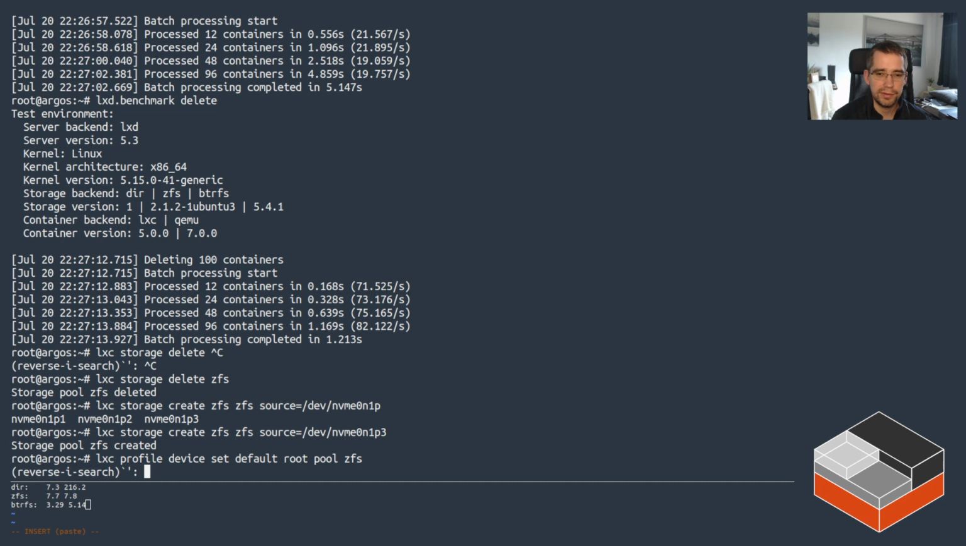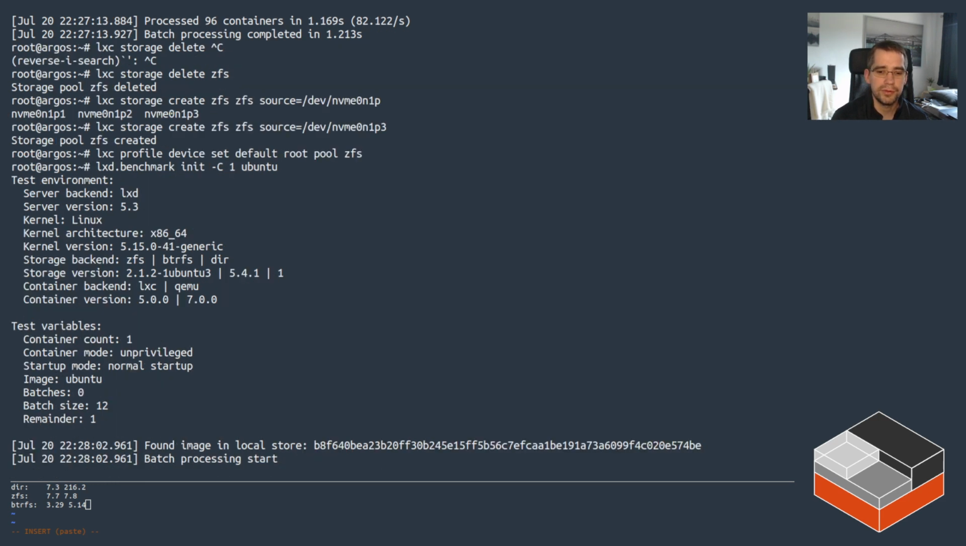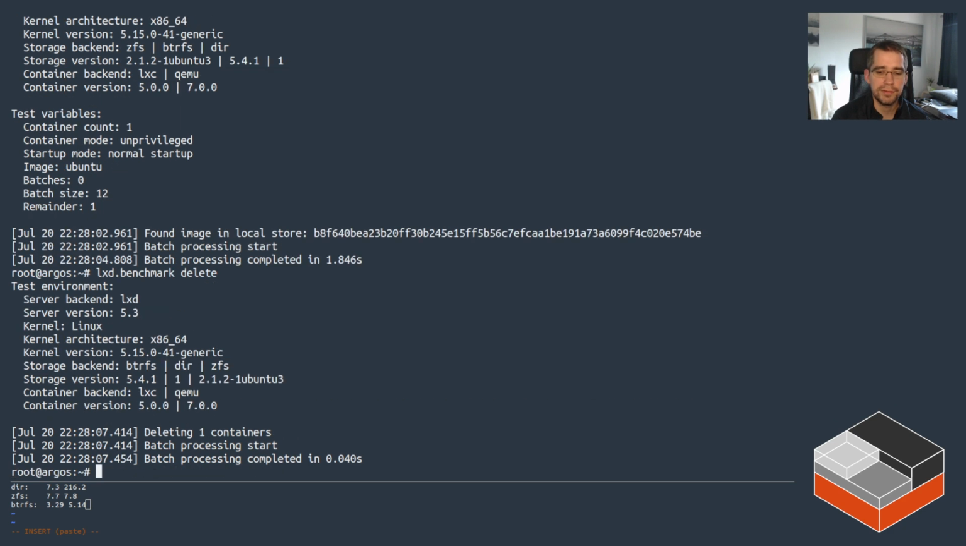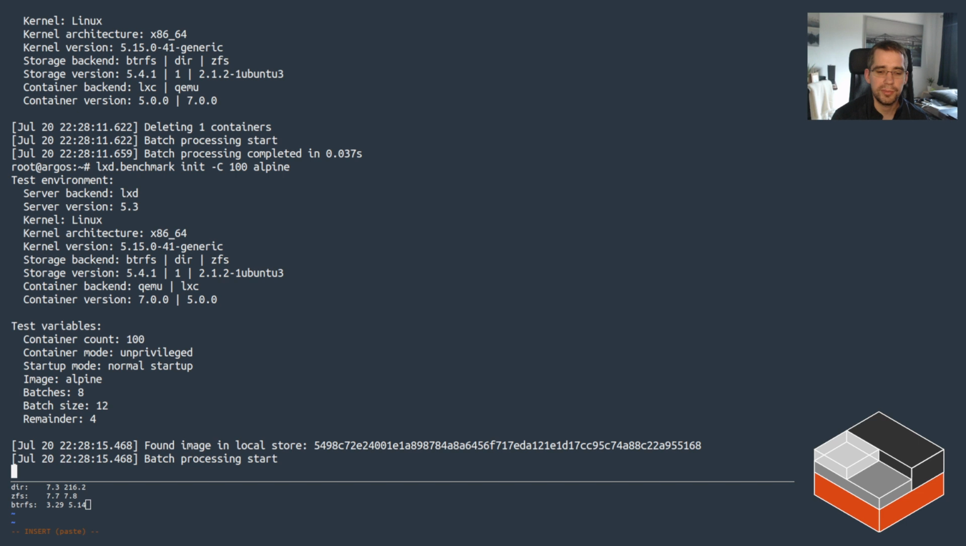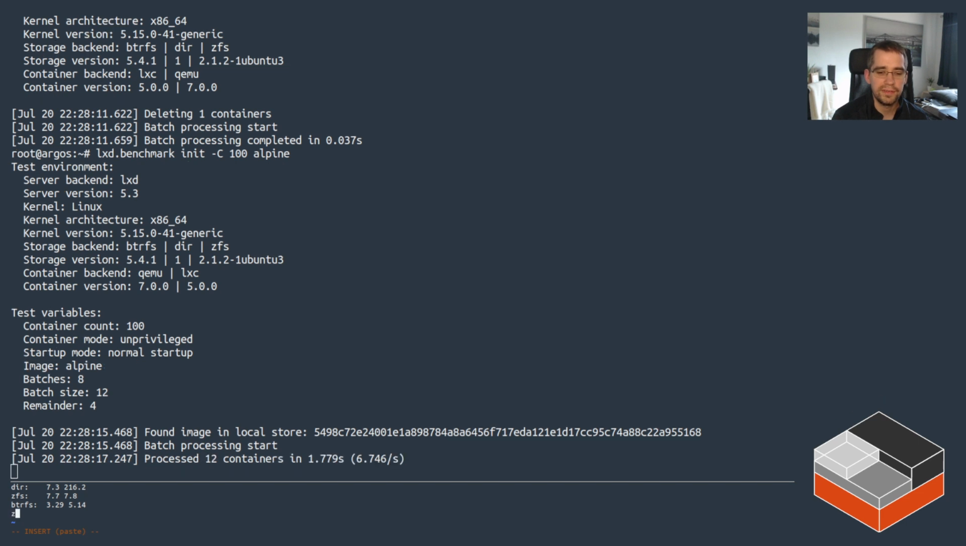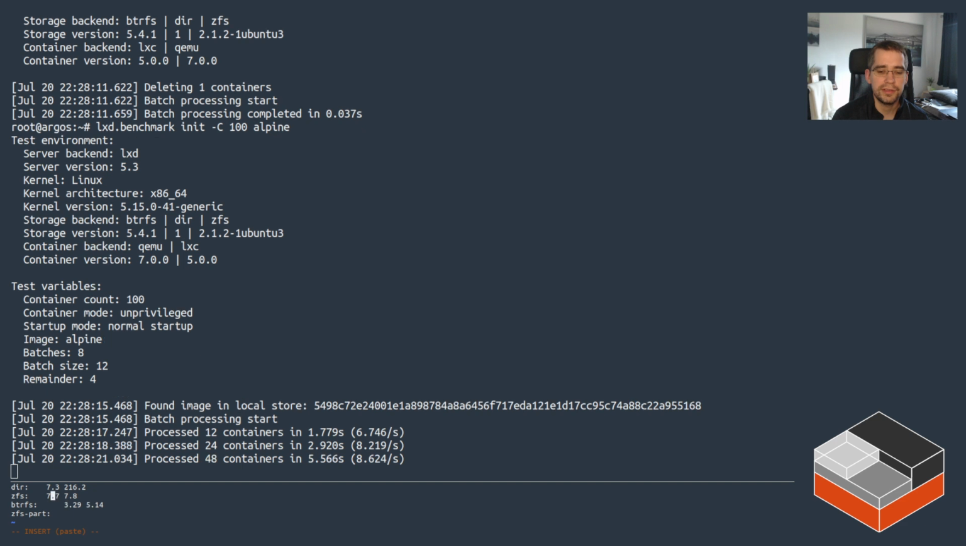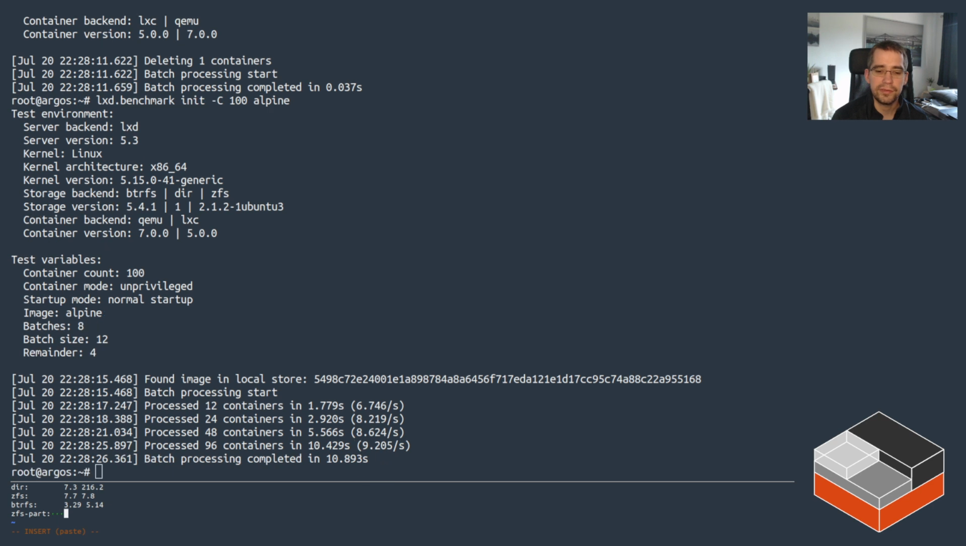So again, I'm gonna need to do init 1 for Ubuntu, delete everything, init 1 Alpine, and delete everything. And then let's do a batch of 100 Alpine. I'm just gonna log that as ZFS on partition. And let's see. So it did it,